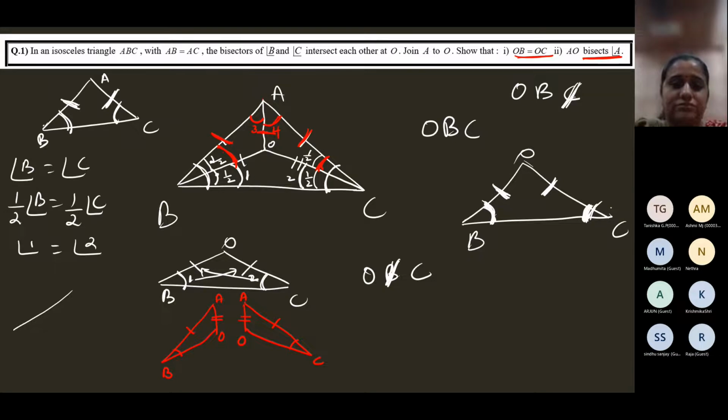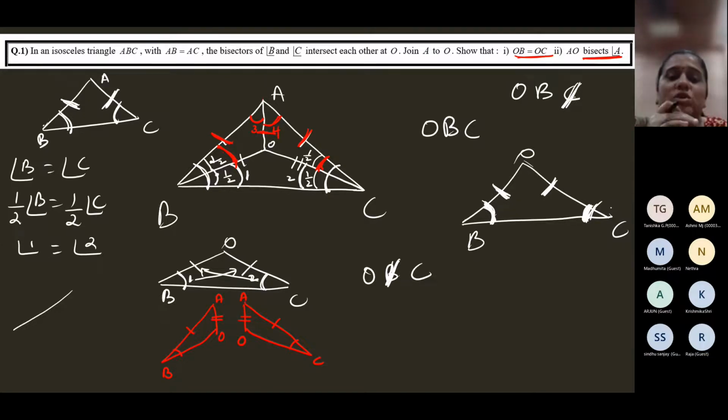ASS is not a valid congruence rule. There's no such congruence. If you list these three equalities, there is no congruence rule that will satisfy this,